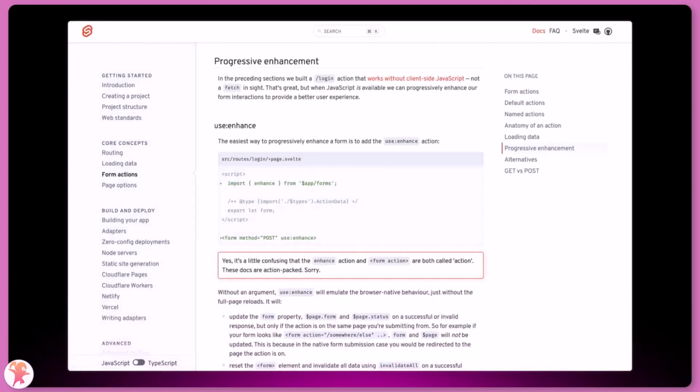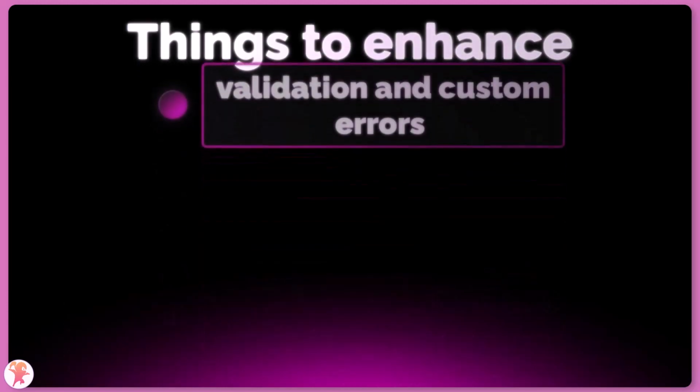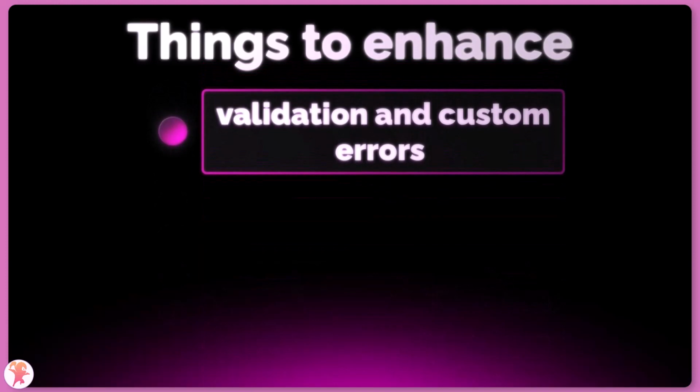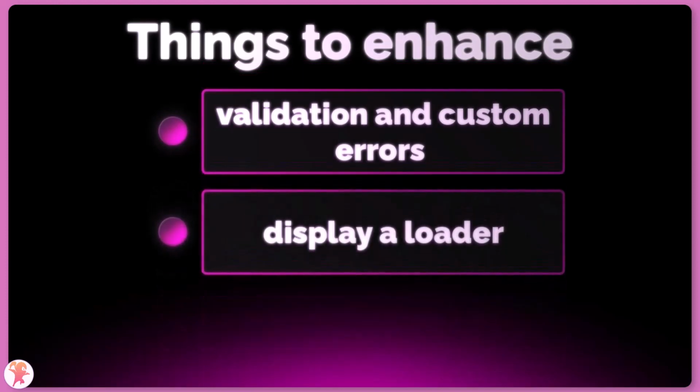Now back to the front end, you will be able to catch these values by using the use:enhance directive on the form. This is how the SvelteKit framework knows to catch the result of the form action. This is where you will be able to augment the forms with things like validation and custom error messages, displaying a loader while the backend is working on the submission, or catching the redirect and proceed to call the goto